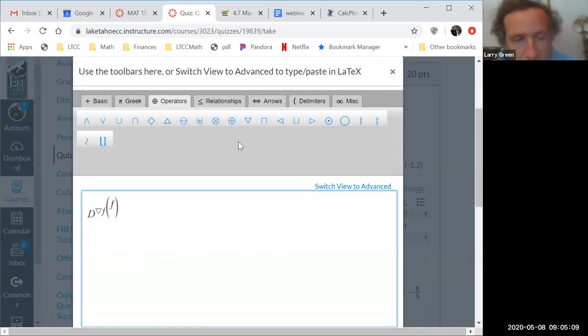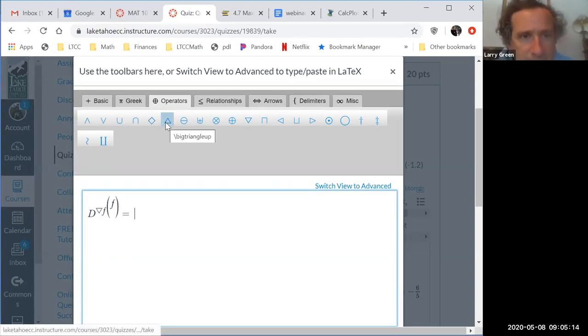I think it'll show up nice when I save it. We'll see. Well, that's equal to the gradient of f